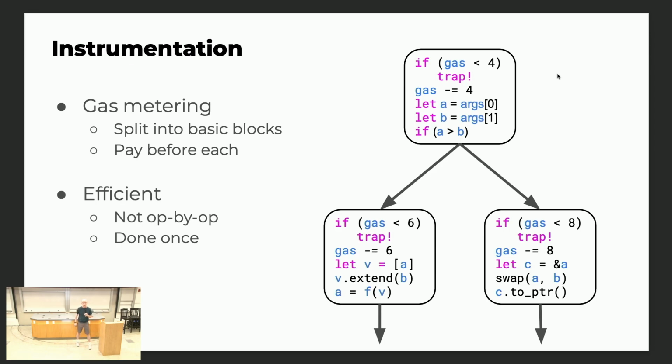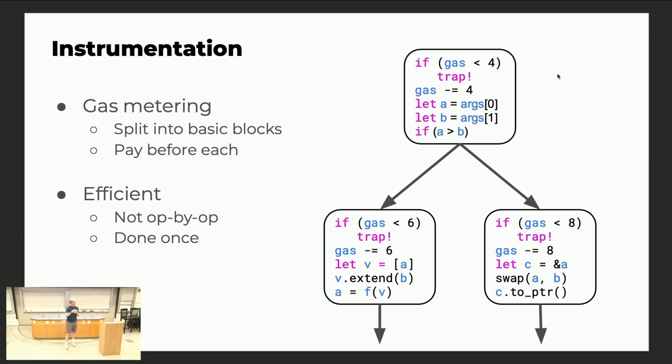Okay, if you look up at the top box here, the instructions in the basic block, because there's no jumps in or out, and because WASM instructions are simple, we can just statically add up how much computation is happening, how much gas. We actually have to use fractional Ethereum gas, because this is a lot faster. Figure out how much gas that basic block takes, and then we inject code at the beginning of the basic block that first checks to make sure there's enough gas left, and then if there is, subtracts the gas that will be used by this basic block.